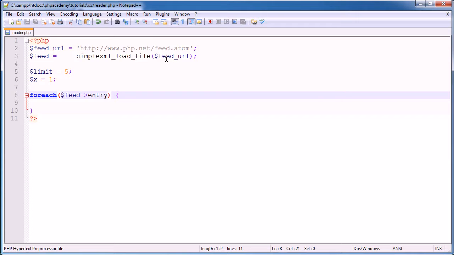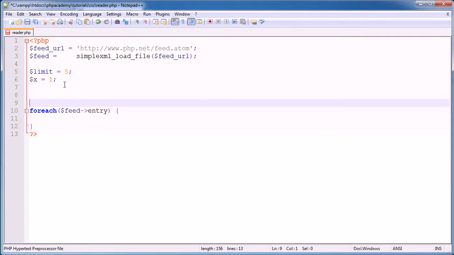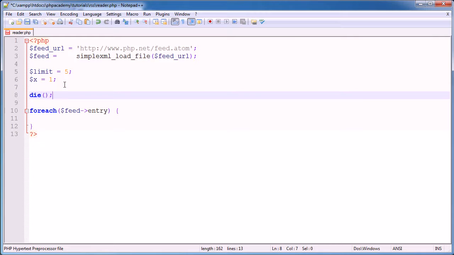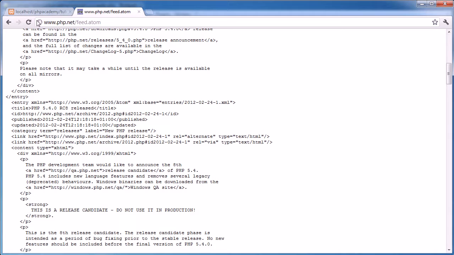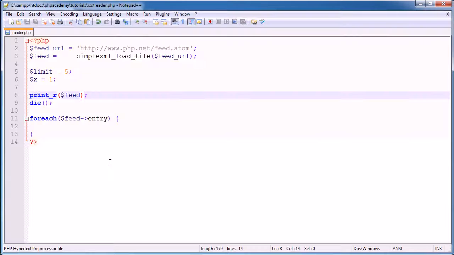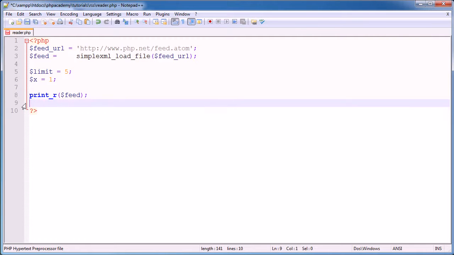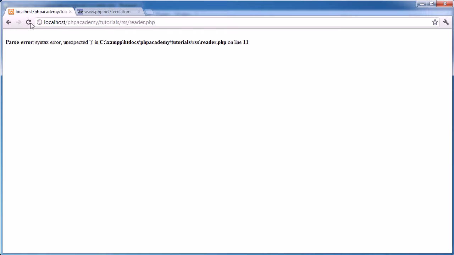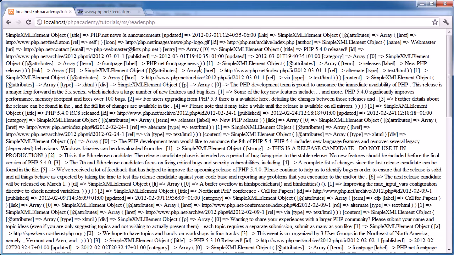We're getting into an object here now. This will create an object. In fact, probably a good thing to do here would be to kill this script and say print r feed. Now if I go ahead and refresh, we've got an error here, so let's check out line 11. Okay, that's because we need to get rid of that. That'll do. Okay, so let's refresh, and you can see now it has printed out